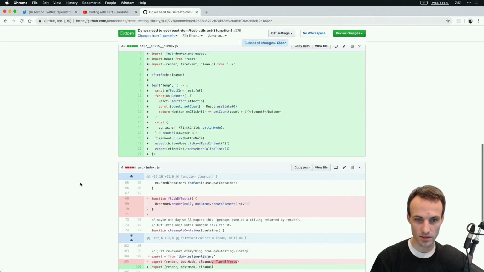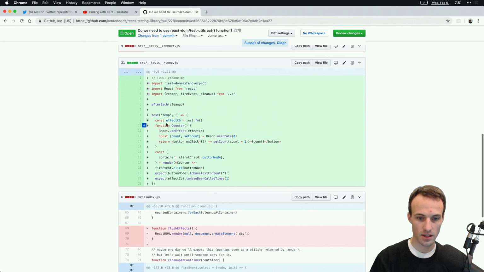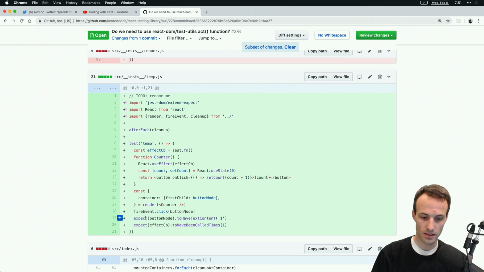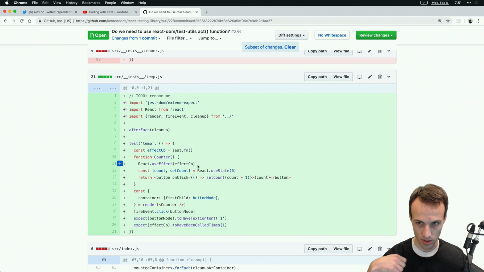So this is what things looked like before. Here's our temp test. We had a counter, and we used useEffect. And then in here, I fired a click on the button node, and I expected my effect to be called once. And I was like, no, that shouldn't be that way, because the way that effects happen, they fire after render. But what I didn't realize,